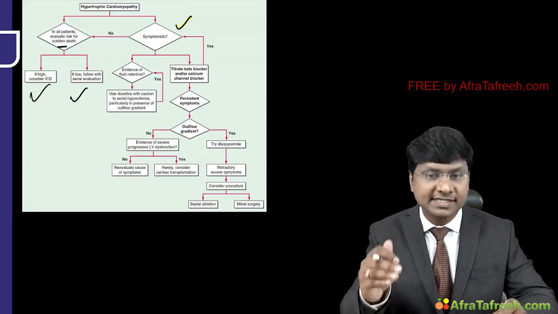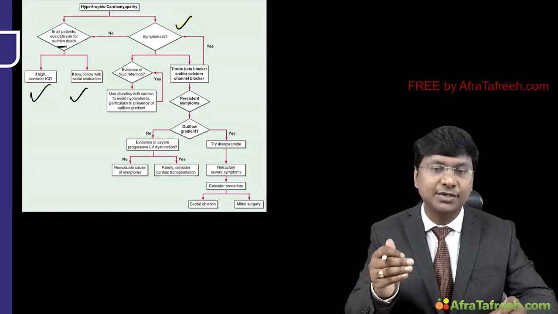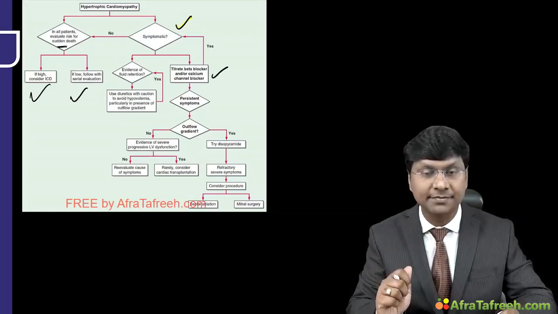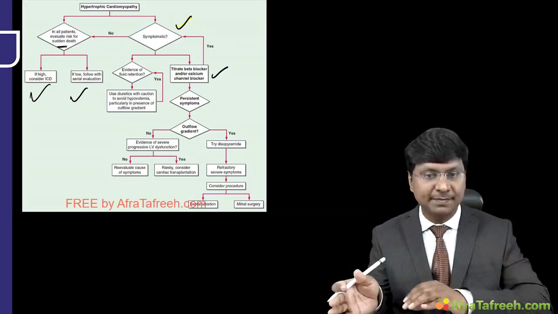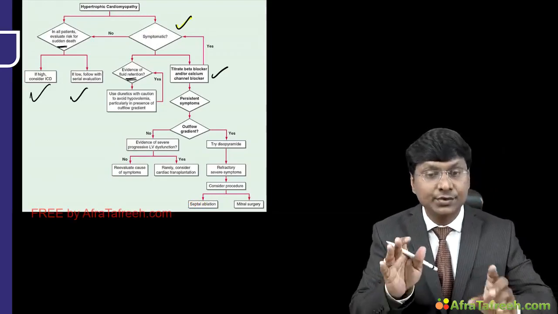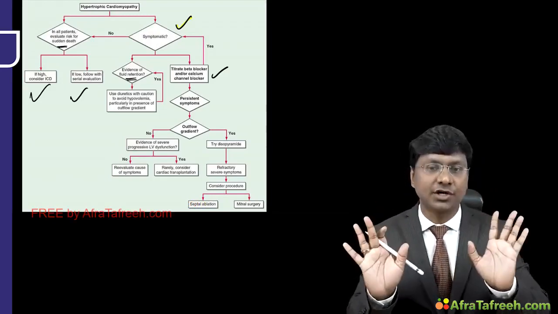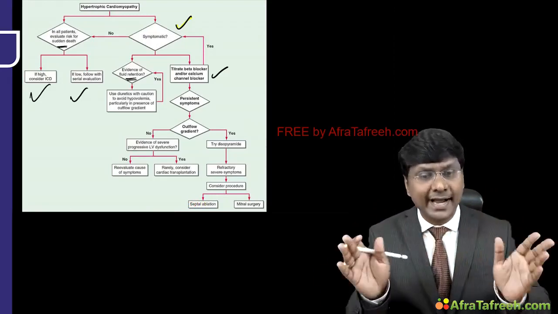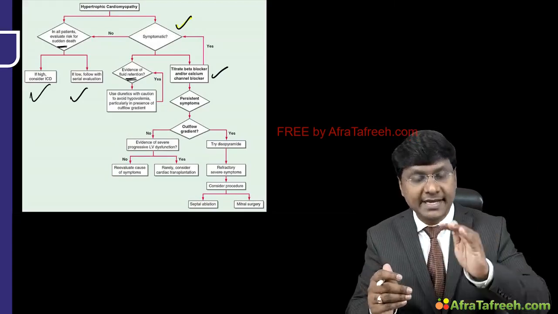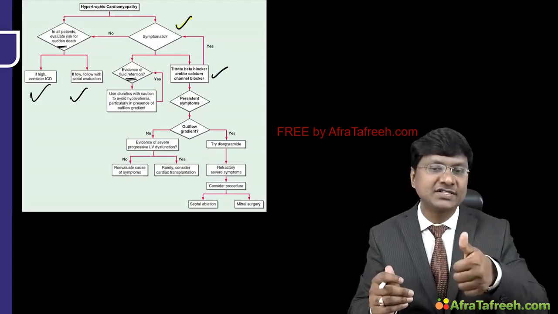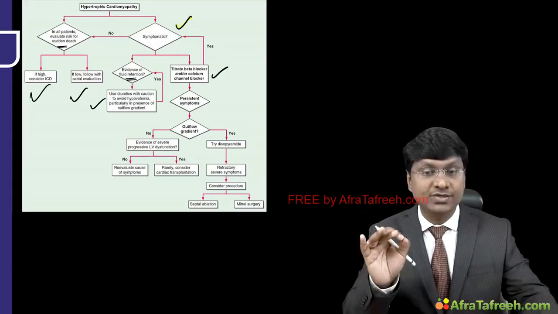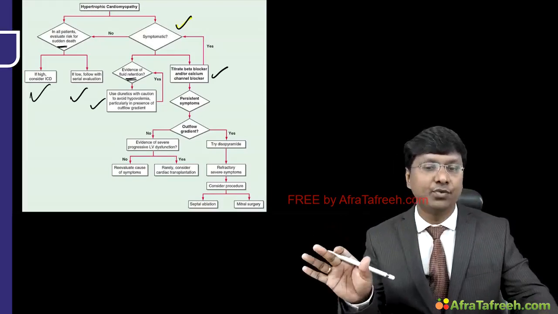And if the individual is symptomatic, then what is the drug that you need to start with? You need to start with the beta blocker or the calcium channel blocker. And if the individual develops heart failure causing pulmonary edema, if there is evidence of fluid retention, then you need to give diuretics, but with high caution. You cannot give a high dose diuretic. If you give a high dose diuretic, that will induce hypovolemia and reduce the LV volume, it will increase the obstruction and decrease the cardiac output. So use diuretics with caution to avoid hypovolemia.